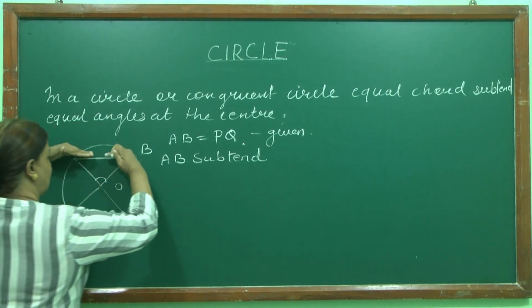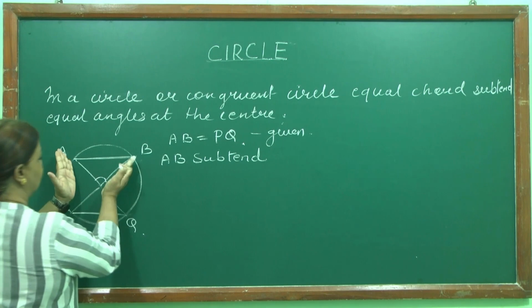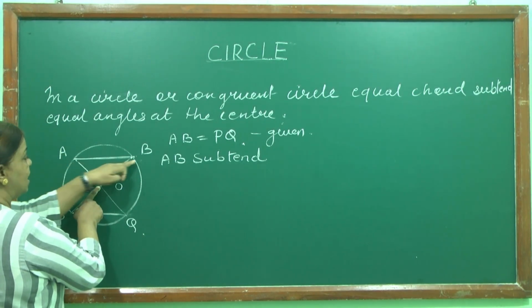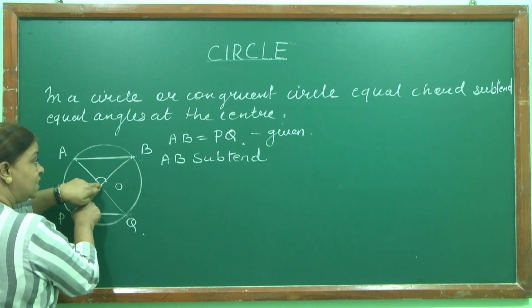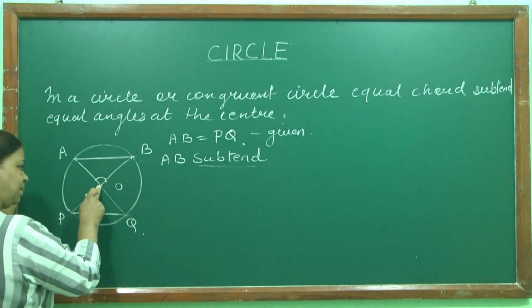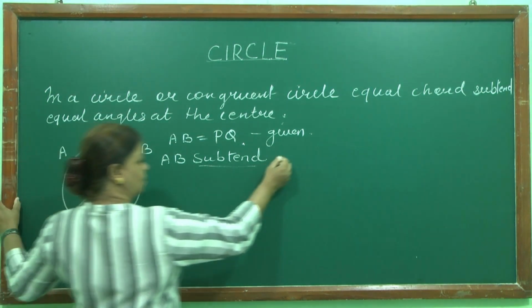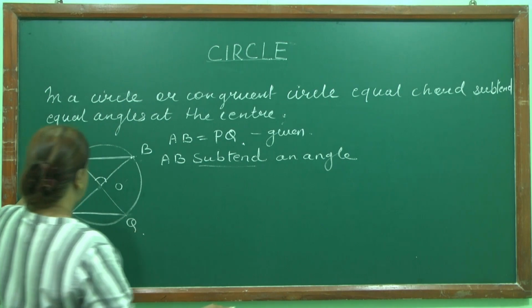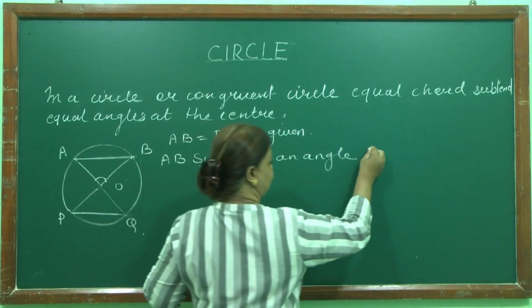Subtend means AB makes an angle at center O. So we call it subtend. AB subtends an angle AOB